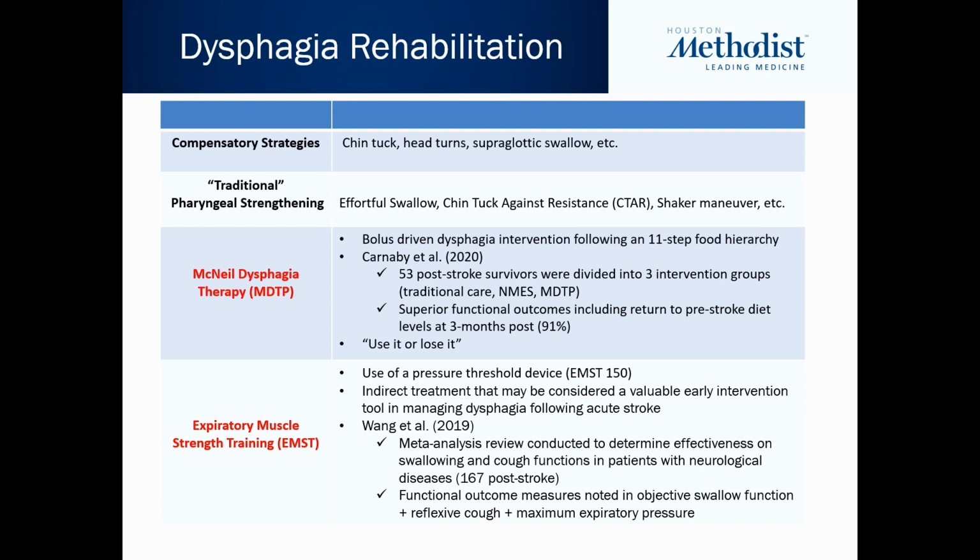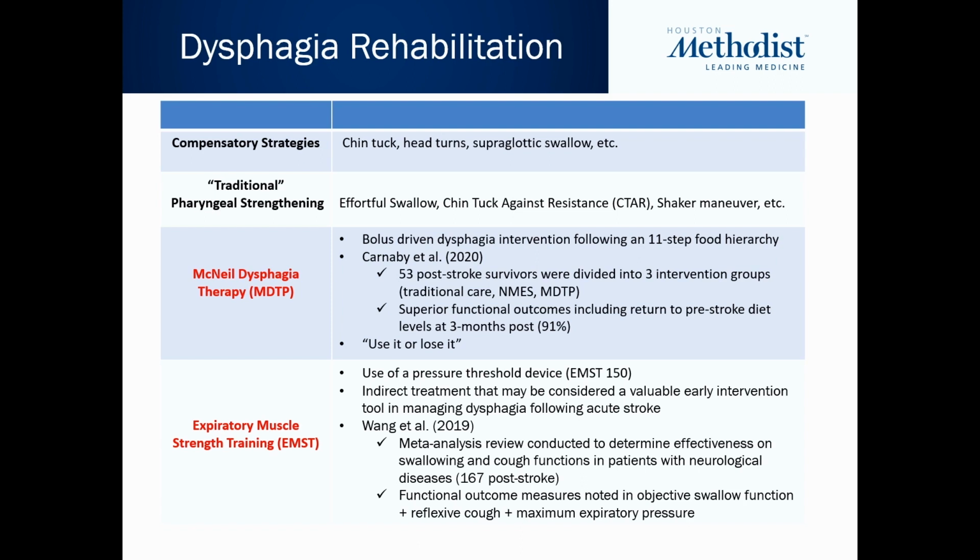So with MDTP, a patient must undergo an instrumental swallow evaluation, whether it's FEES or modified. The least restrictive texture of liquid or food is then identified. And in therapy, an 11-point hierarchy is built. Every session, the patient is having multiple opportunities to swallow, not just practice swallowing. They're actually swallowing textures of food and liquid with the goal of improving lingual control and improving pharyngeal efficiency. So how did this stand up?